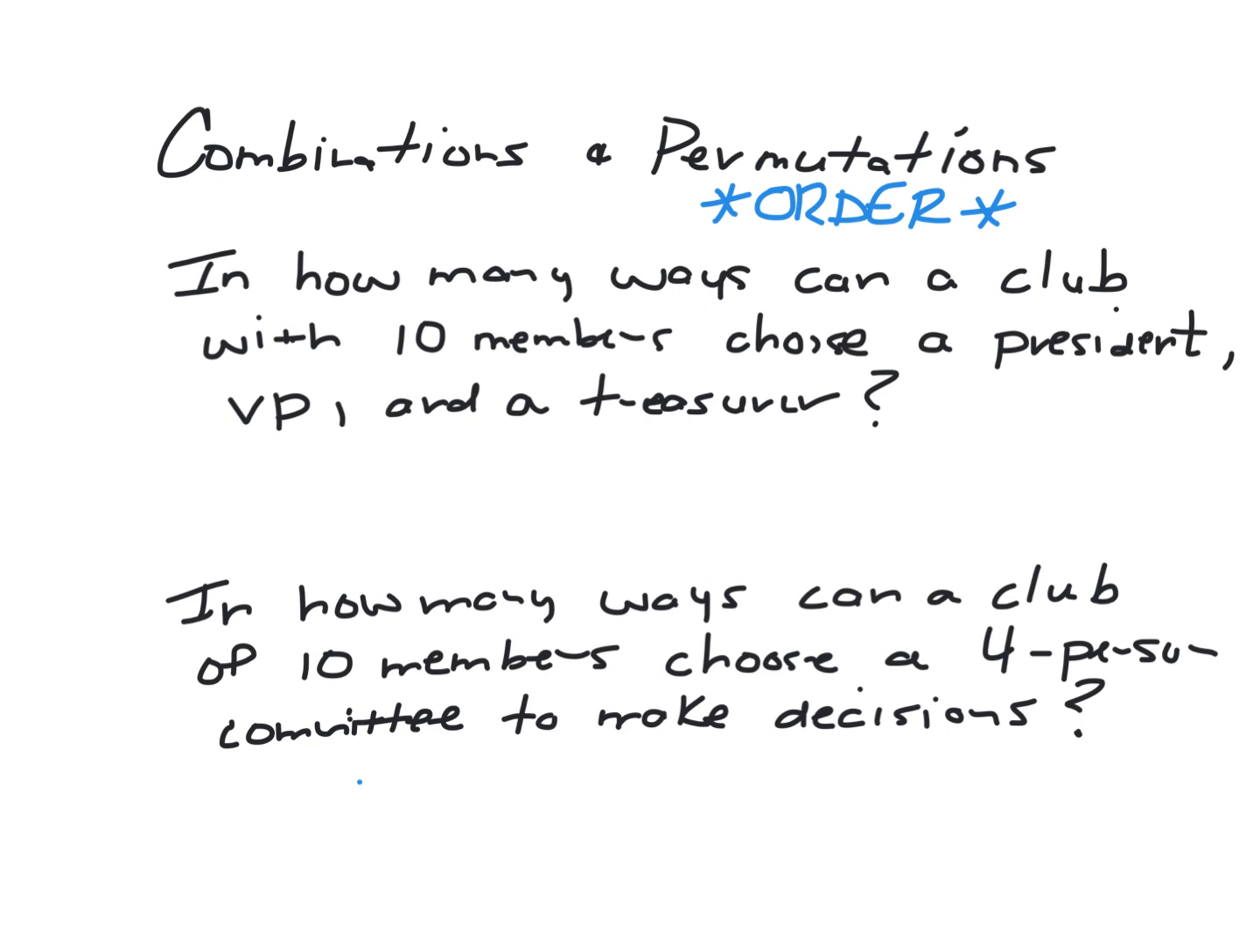So when I ask the question, how many ways can a club with 10 members choose a president, vice president, and a treasurer? The order here is important because these offices are different. Therefore, it's a permutation, and it's 10 people, and we're choosing 3 of them, and order matters. We can find this again